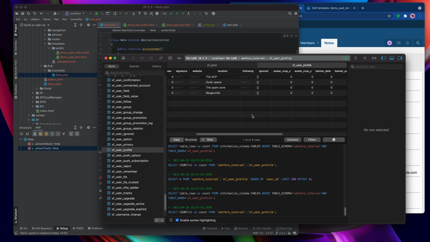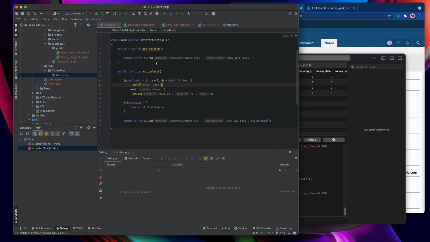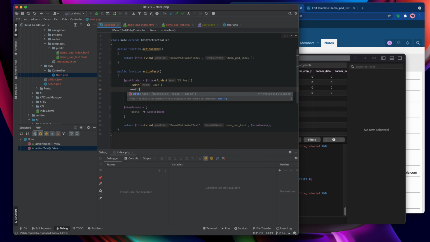So having said that, I'd show you a chained relation. I've found that in my XF user profile table, I've got location data for my users. So let's go ahead and use that. So back in my Finder here, we've queried against posts, and we've said that we want to fetch users as well, so the user relation for the posts. But now I want something that is a relation not of the post, but of the user. How do we do that? Well, actually, it's really straightforward. We just say with user.profile. And now we have access to the user profile, again, fetched with the appropriate joins that are automatically generated.